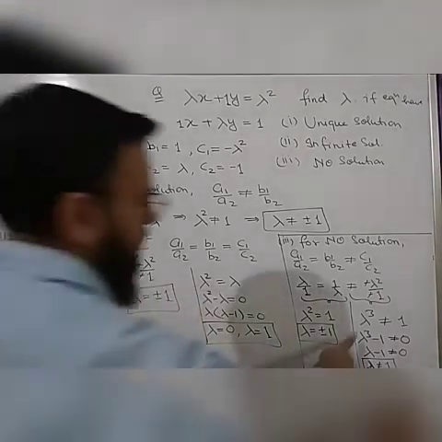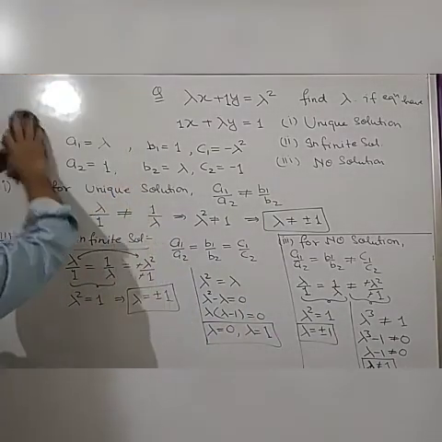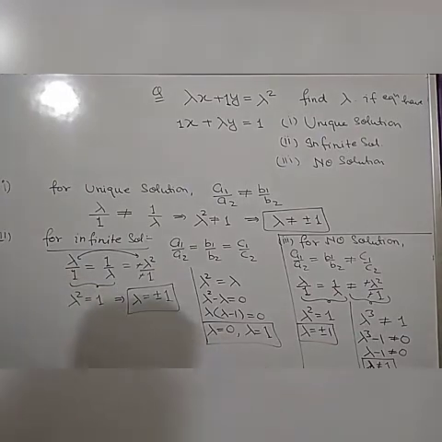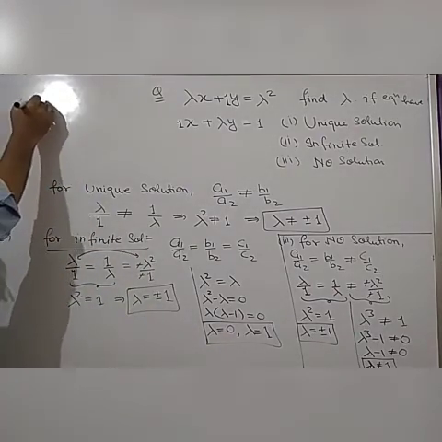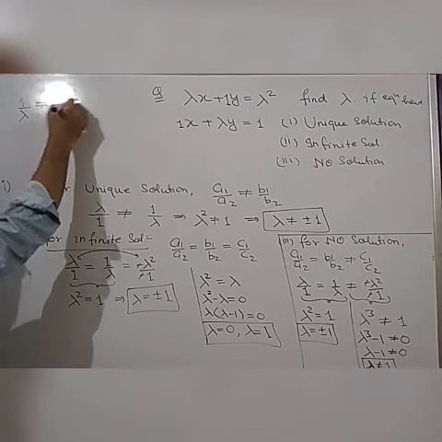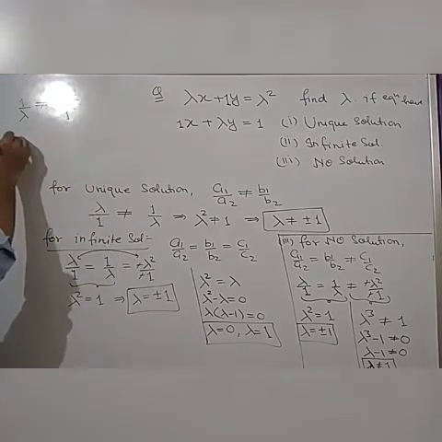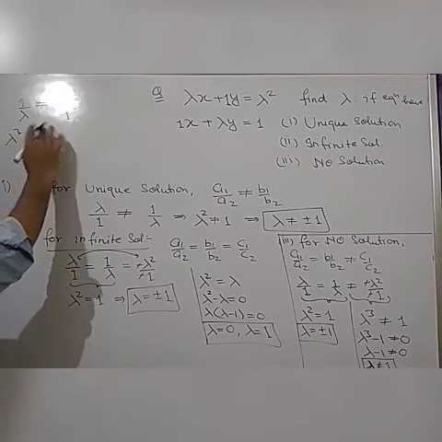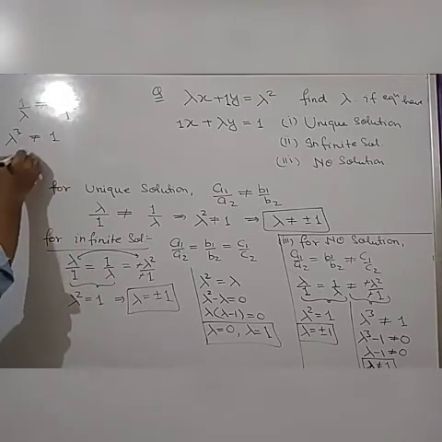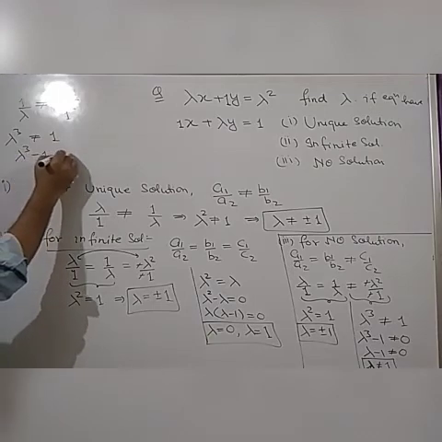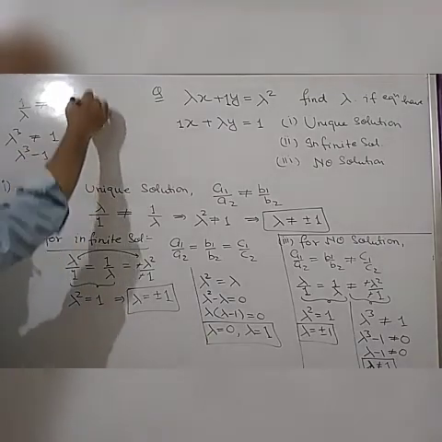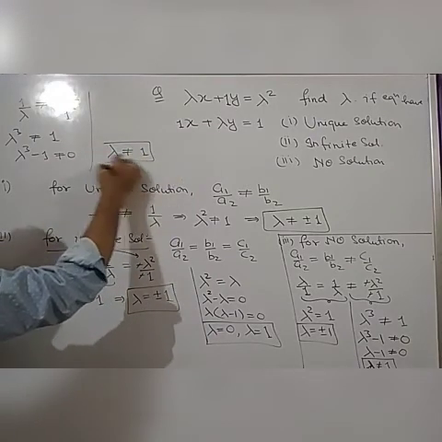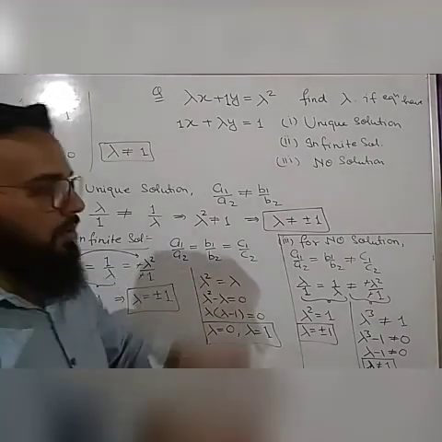Okay, I am solving this term here so that you may be able to understand it. I am equating the term 1 upon lambda not equal to lambda square upon 1. So we will get lambda cube should not be equal to 1, or we can write it as lambda cube minus 1 should not be equal to 0. And if we solve it further, we will get lambda should not equal to 1. This is a condition for no solution.